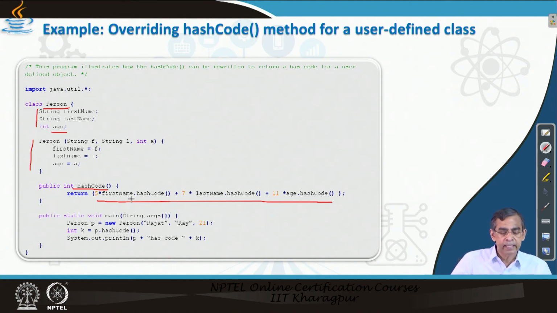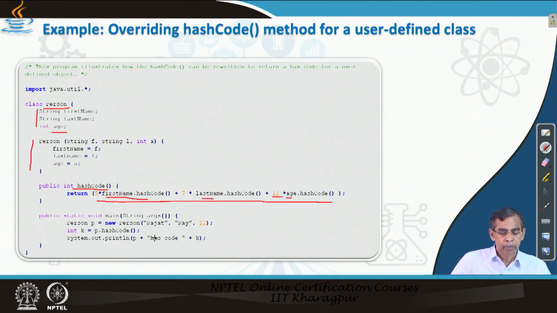So here we decide that the hash code is the hash code of the string first name multiplied by 5, plus the hash code of the string last name multiplied by 7, plus the hash code of the integer age multiplied by 11, and then it returns a very complex number which is considered the hash code of the particular object we create.